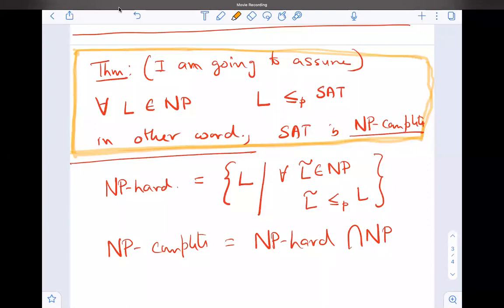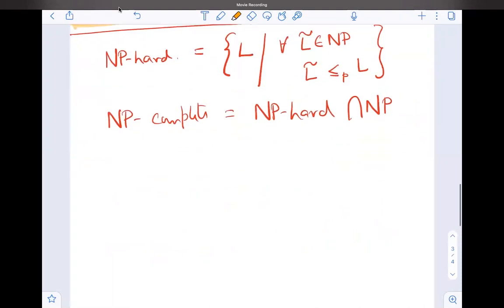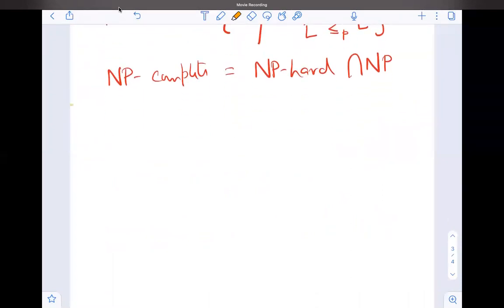You have to prove it via the concept of Turing machines and all those things, and therefore I am not going into it. Whoever is interested can read it. But our job will be, after assuming this theorem, to prove some other class of problems to be NP complete. For example, can we prove that ILP?